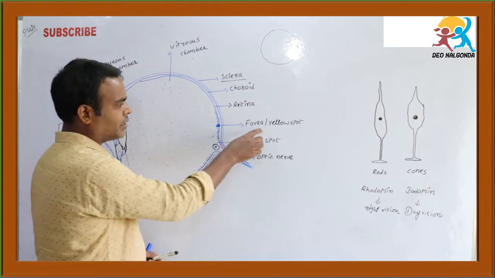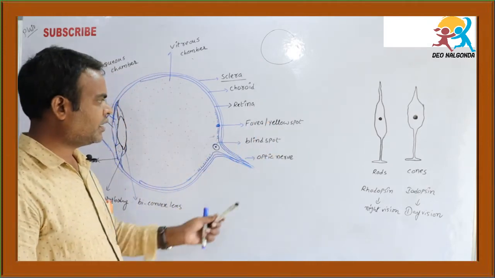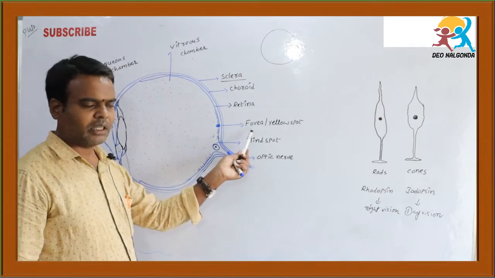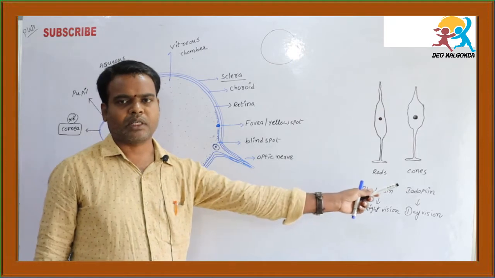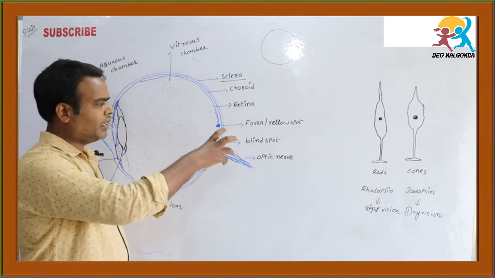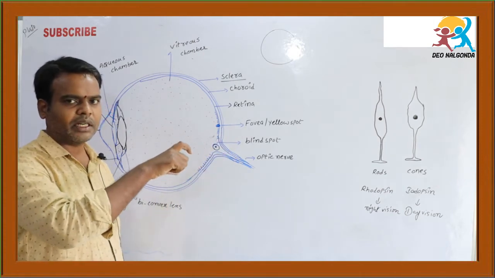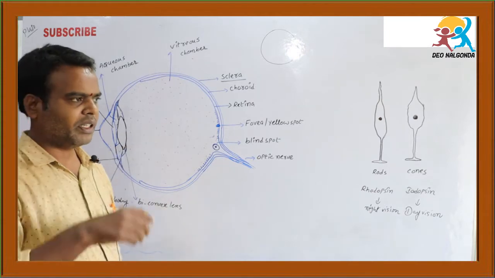Now coming to another spot, which is also written here. This is nothing but the yellow spot. This yellow spot is also called the fovea. In the fovea, a greater number of cones are present, that is very important, because the cones are useful, as I already told you. Cones identify the light, means during the daytime they are useful for the identification of different things.